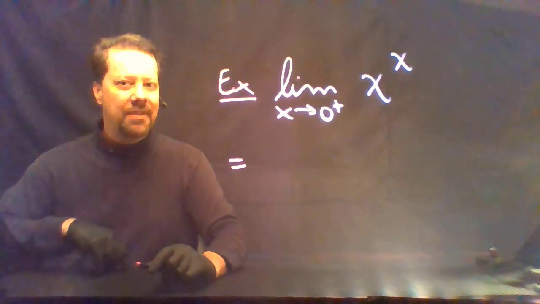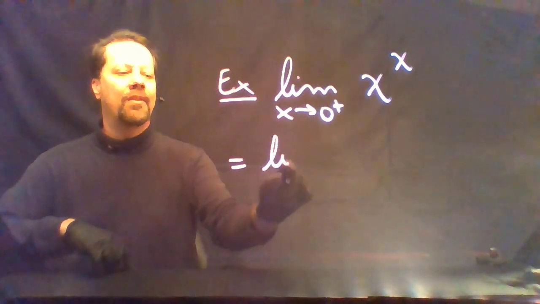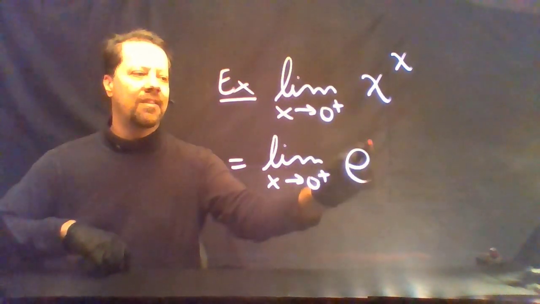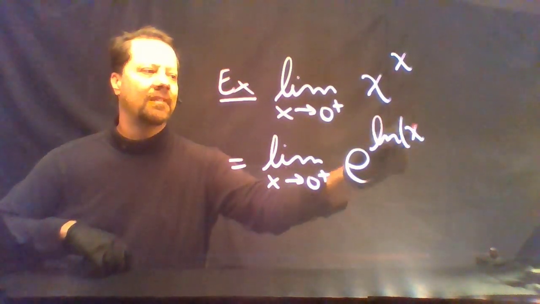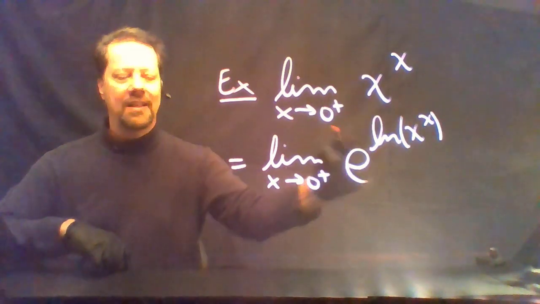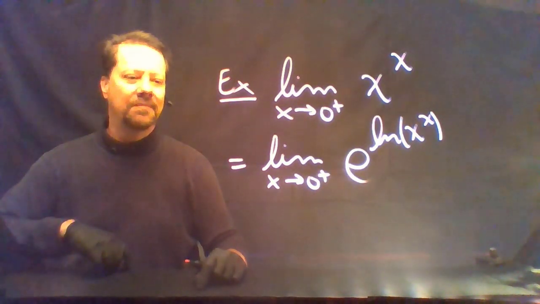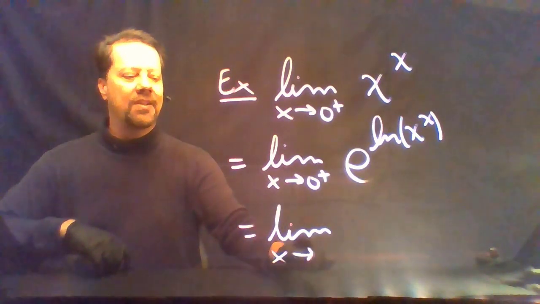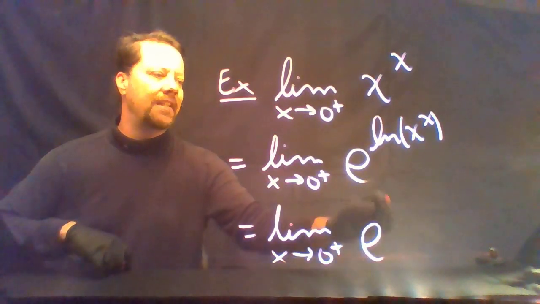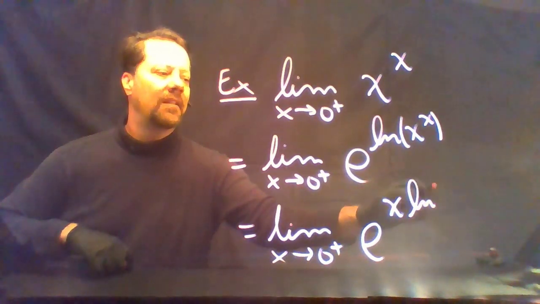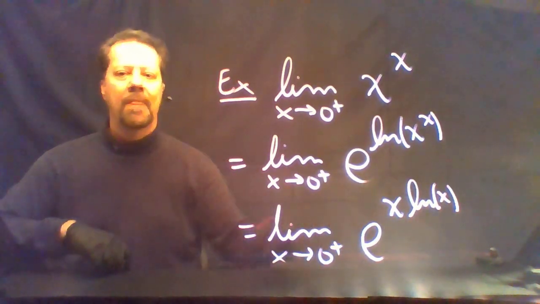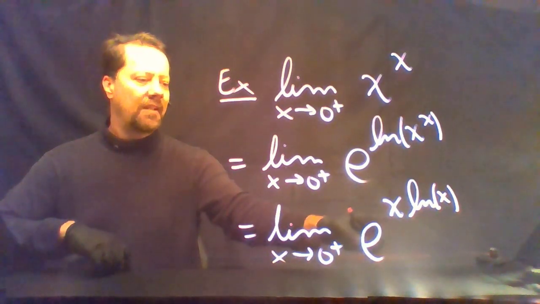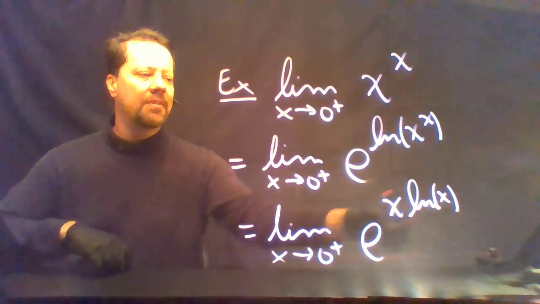You already know the trick. The trick is e to the log. That's how you get access to these exponents that you can bring down. We'll have the limit as x goes to 0 from the right of e to the x ln of x. The limit can be pushed up into the exponent, and you'll end up with a 0 times,